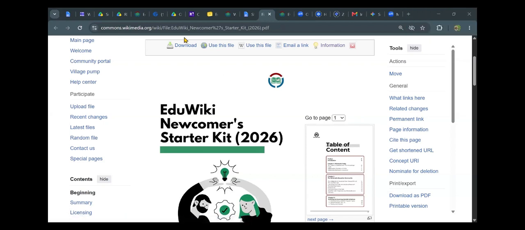Okay. Good evening once again. Just wanted to find out from the last speaker that spoke about Wikipedia in the classroom. Now, for the starter kit, is it a standard design that runs across all the levels of education? What I mean by level of education is, I know in Nigeria, we have the early childhood, we have the secondary education, what they call high school, then we have the university. So the starter kit for Wikipedia in the classroom? Which of the levels does it belong to?